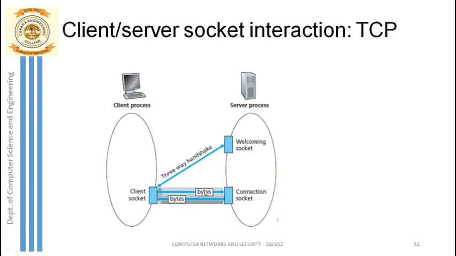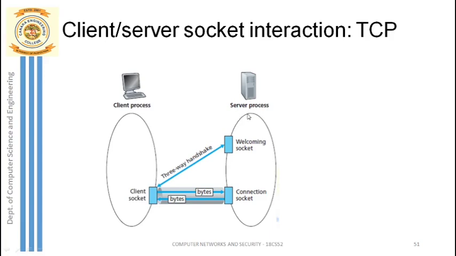One dedicated connection is established between this client and server. Dedicated means what? This connection, whatever is established, is only for this particular client. There can be n number of clients all over the world asking for some data from this single server, right? Not just one client. But what will the server do?